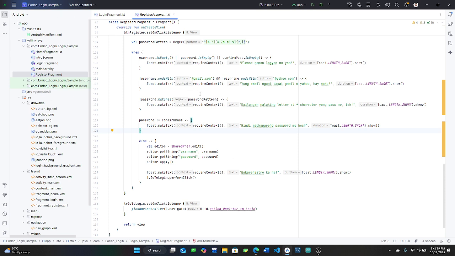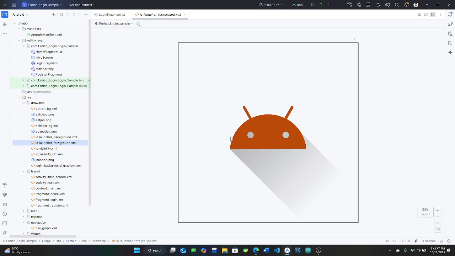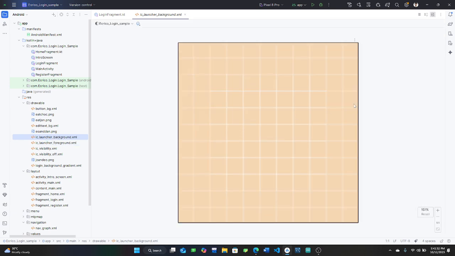When it comes to the theme, I also changed the theme by changing the color of this icon, as well as the color of the whole background of the app. Next is adding some features located in the drawable.